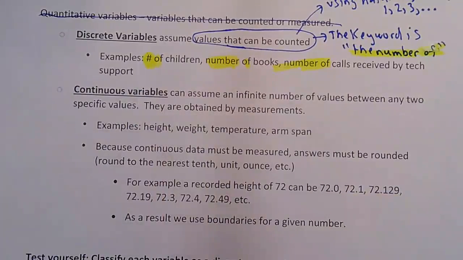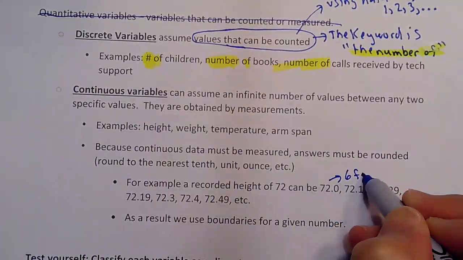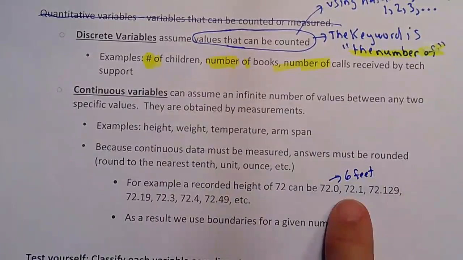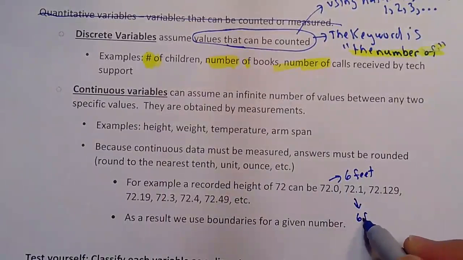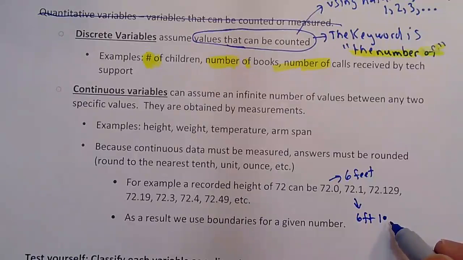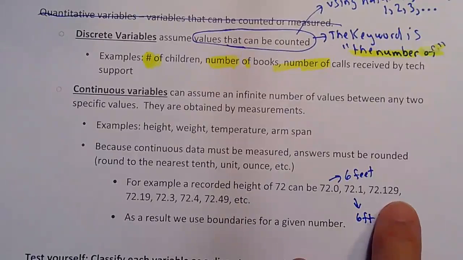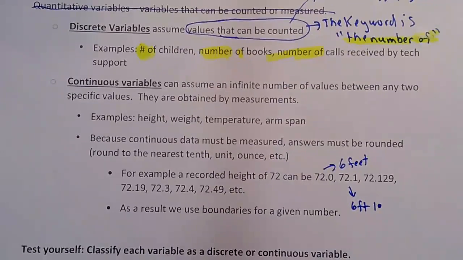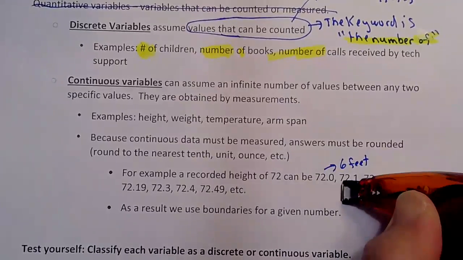So these are heights. So this is reflective of 6 feet. So then this would be 6 feet and 1, 72.1. So maybe, well, then you have 72.129. I was going to put 6 feet and 1 inch, but you can see how